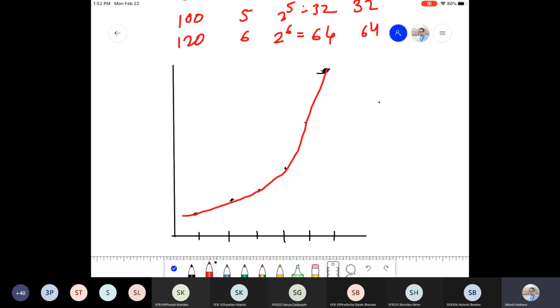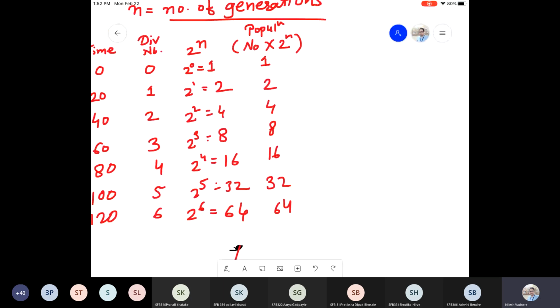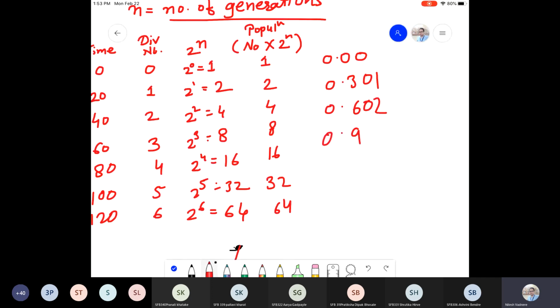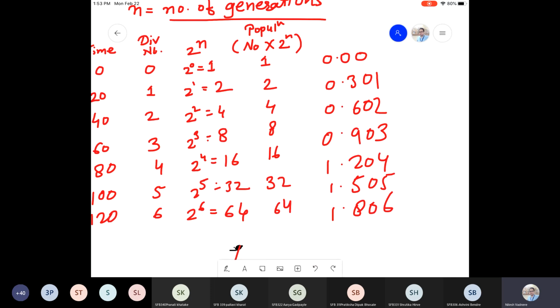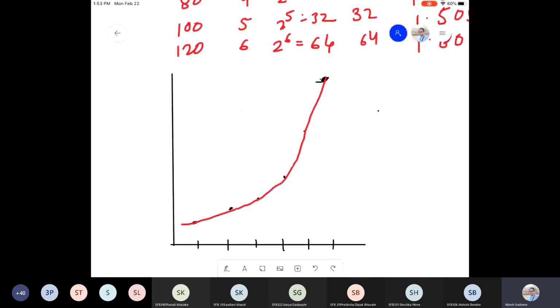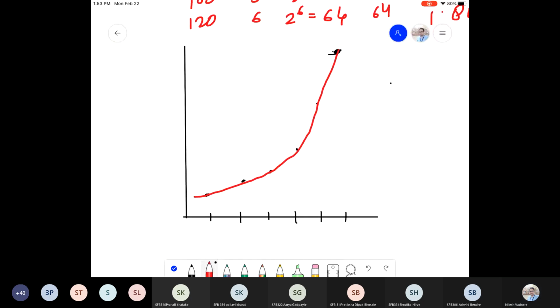But if you take the log of these cells, if you take the log of this number of bacteria, then you will get figures like this. For the 1, it is 0.00. Log of 2 is 0.301. Log of 4 is 0.602. 0.903. Very easy to remember. 1.204, 1.505, 1.806. Okay, so these numbers you will get for the log, and if you plot it on this graph,